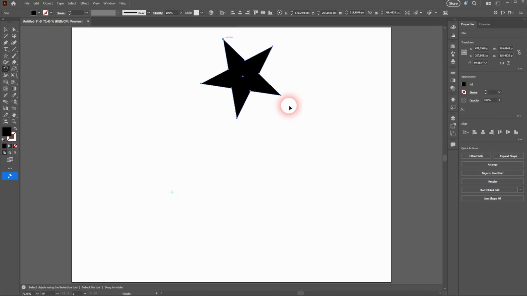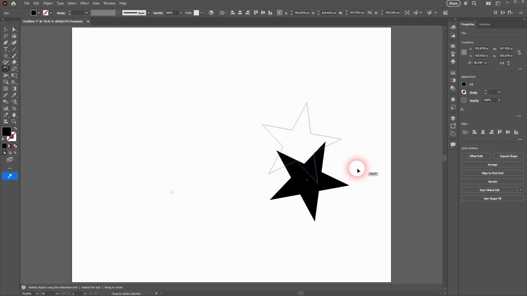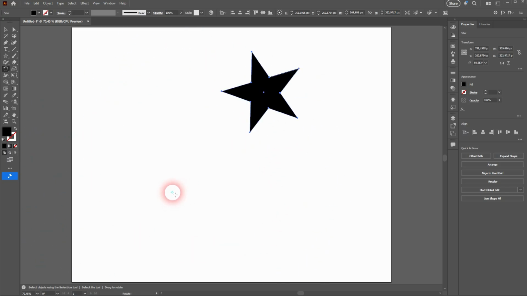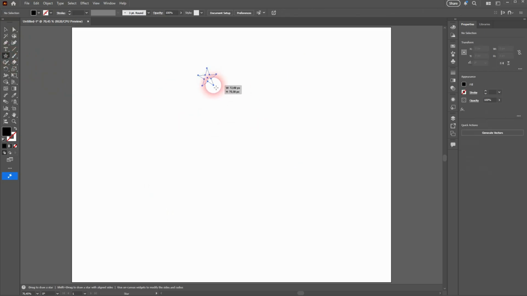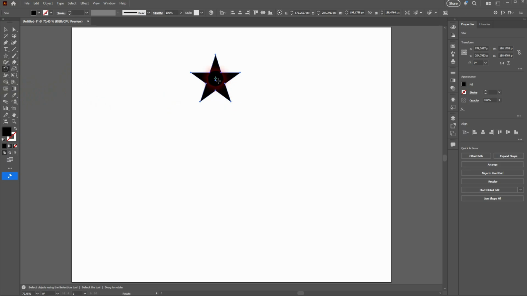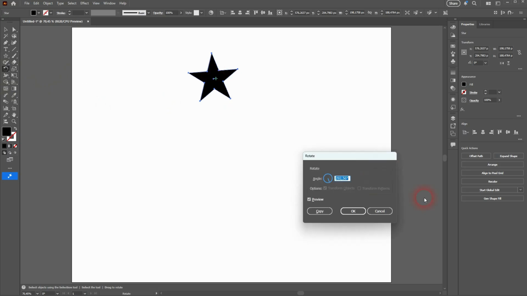You can even drag it outside of the star and then rotate it around that point. So a rotation center doesn't have to be inside of your object, and that's very helpful. Let me create a new star and I hold Shift when I drag it. I activate the rotate tool. I drag the rotation center downwards, and now I can drag it around this point with the left click drag,